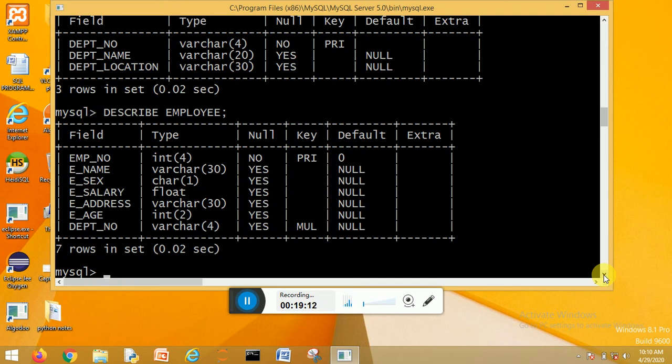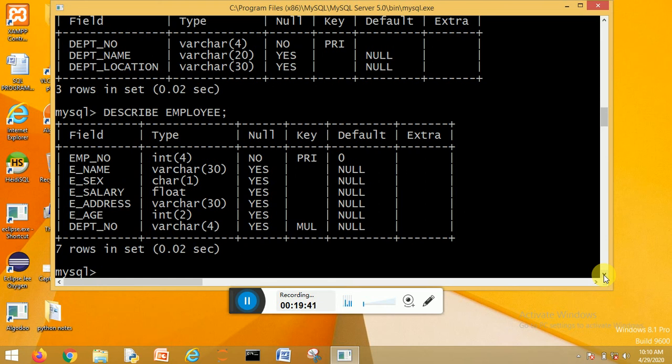So now we have discussed today the concept of the foreign key, right? So dear students, in the further lectures we will work on queries between two tables. How to work with the queries between two tables. In the next lecture we will establish the query relationship between the two tables.